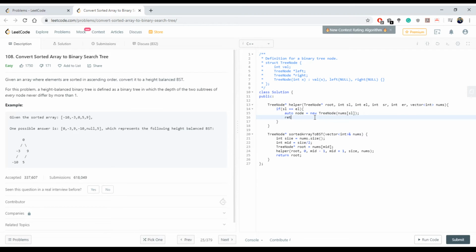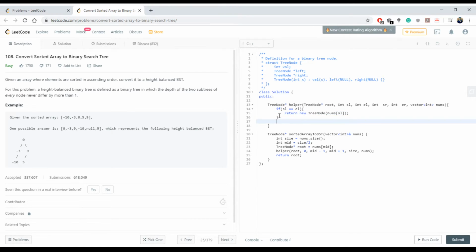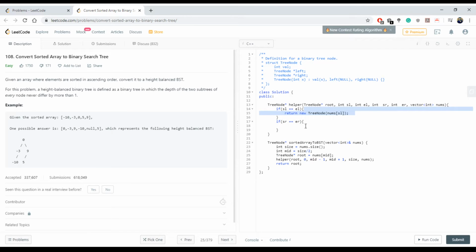You can just write return new object. Cool. Similarly, if sr is equal to er, again we can just return that with sr. In case they're not,